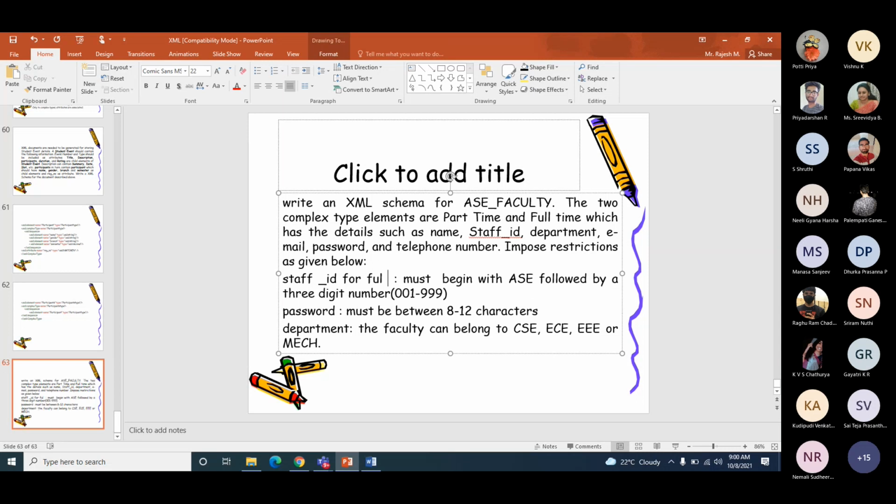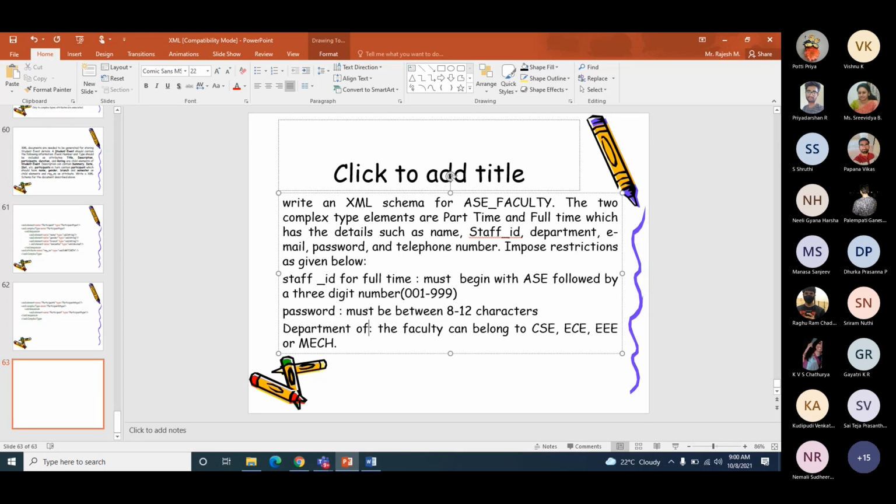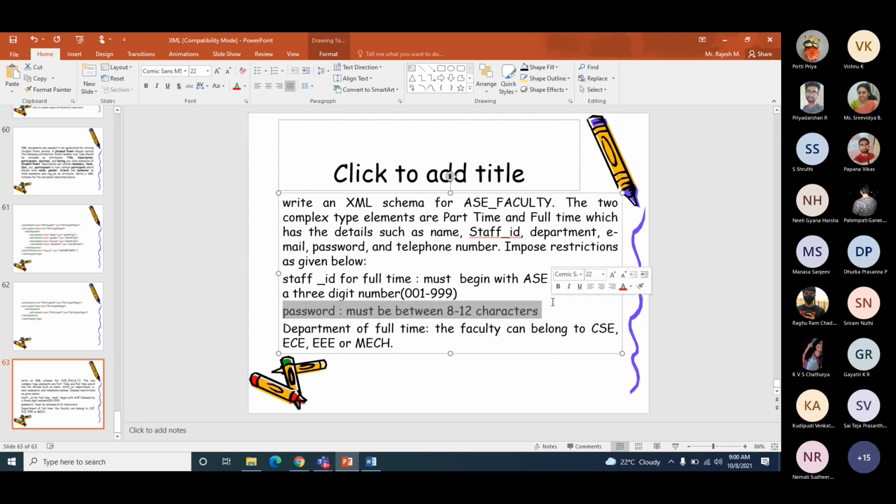For full-time, the staff ID field has restrictions like that, and department of full-time also has these restrictions. So the full-time complex type has 3 restrictions, whereas part-time will have only 1 restriction. The password restriction alone will be common for both full-time and part-time.